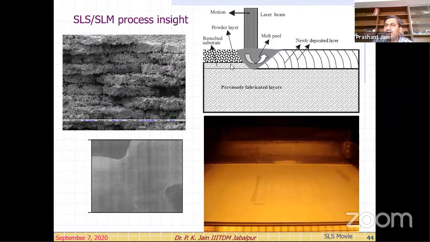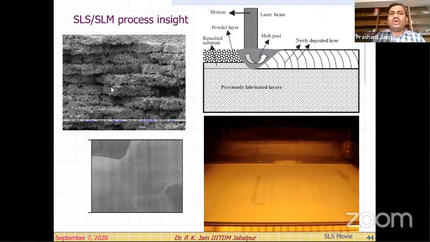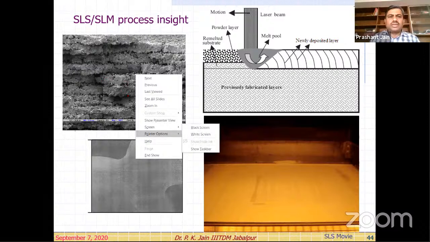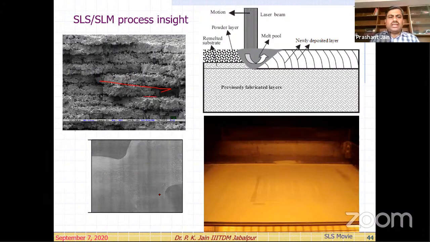So this much portion of the pre-sintered layer has been remelted or resintered with the new layer. So the bond between the layers can be achieved, right, in this position. So here these are the two particles, right, and this neck formation has been observed in the two particles so that they join each other, right?